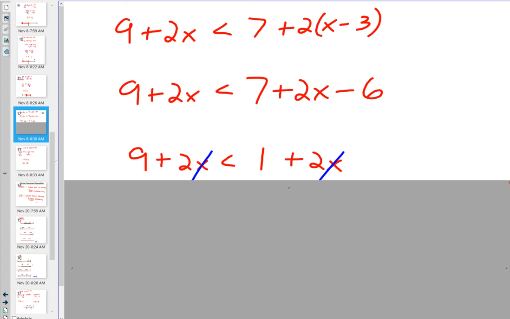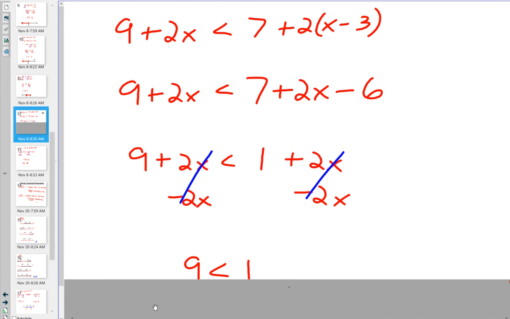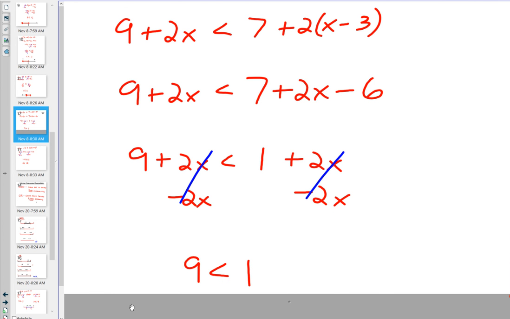What did we learn to do when all the variables cancel out with equations? When all the variables cancel out, what do we learn to do? No solution. No, you cannot just assume no solution. Drop down the leftovers. The leftovers here is now a statement of inequality as opposed to a statement of equality,